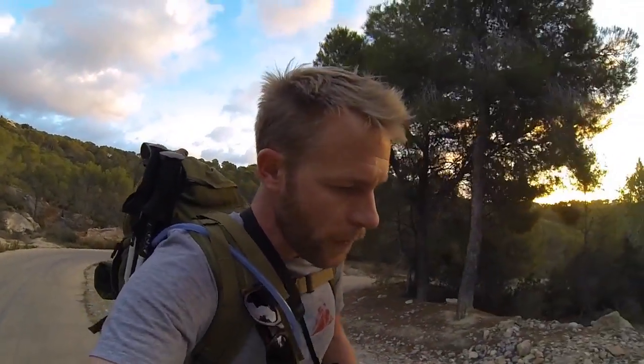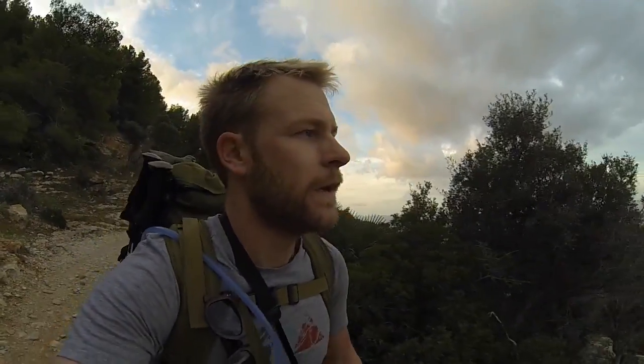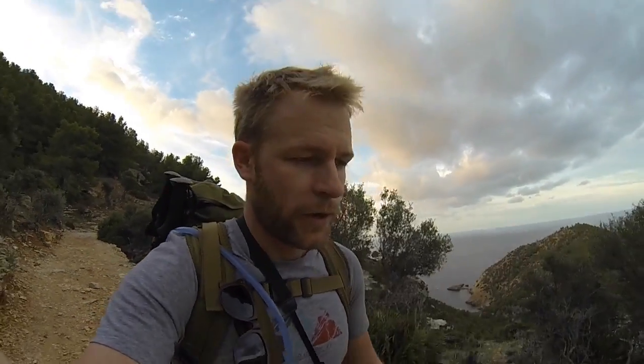Currently working my way up into the hills above Port Andratx, over in the bottom southwest corner of Mallorca. Going to do, well, attempt a route today from Port Andratx and up along the Tramontana coast to a place called Adios. So the reason for today's foray into the hills is this section of walk that I'm doing, Andratx to Adios,